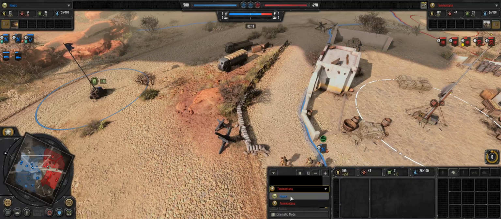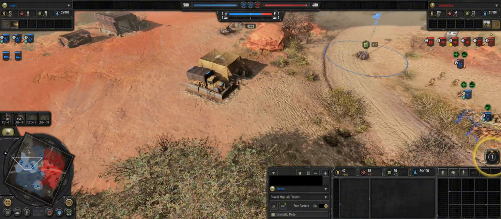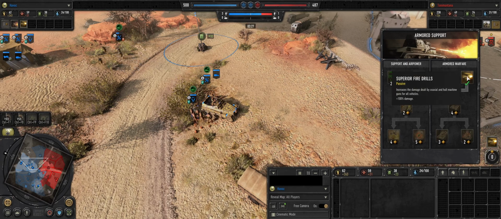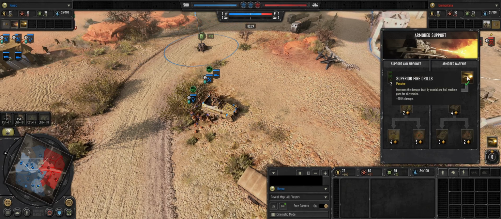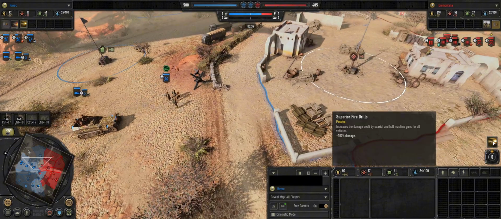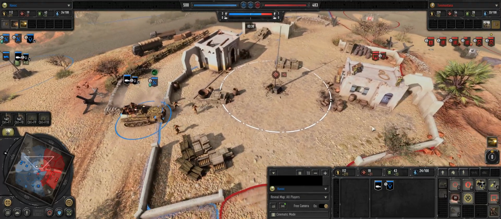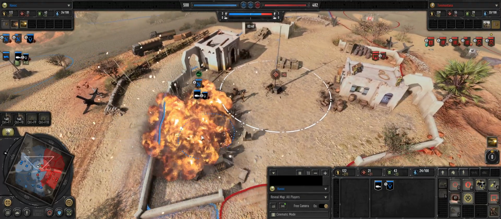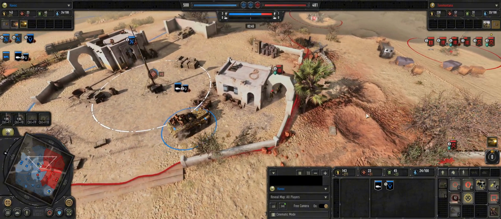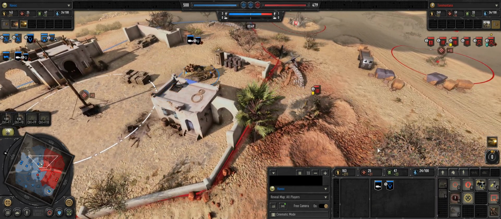Havoc, on the other hand, our Africa Corps player has gone for the Armored Support. This is one of my favorite battle groups. So this superior fire drills giving 100% extra damage to your vehicles' hull and coaxial guns is really good. I don't think it applies to the half-track because I wouldn't consider that a hull gun. That said, it may be considered one. I'm going to have to look into that. In any case,